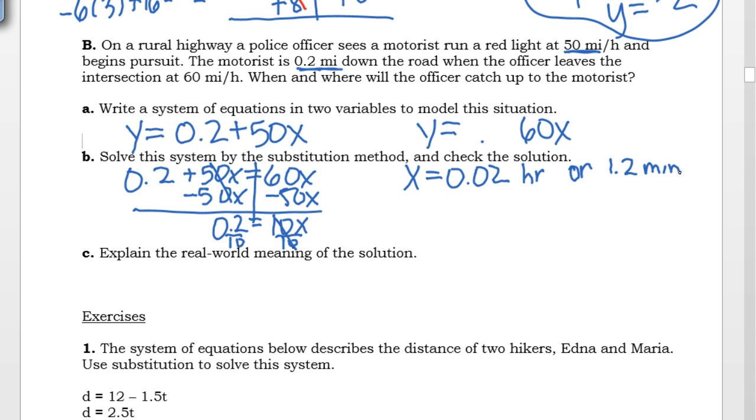Okay, so again, we're not done. We have an x, but we still need a y. I'm going to substitute my x value back into my equation. I got 1.2. And on the second one,